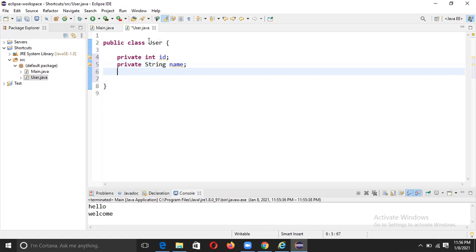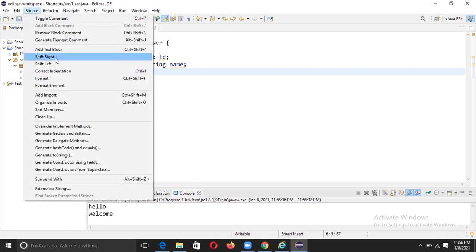Now for these two private fields, what if you want to generate getters and setters using shortcut? You can just go to this source and select source. You can have these options. In these options you can see there is option generate getters and setters.